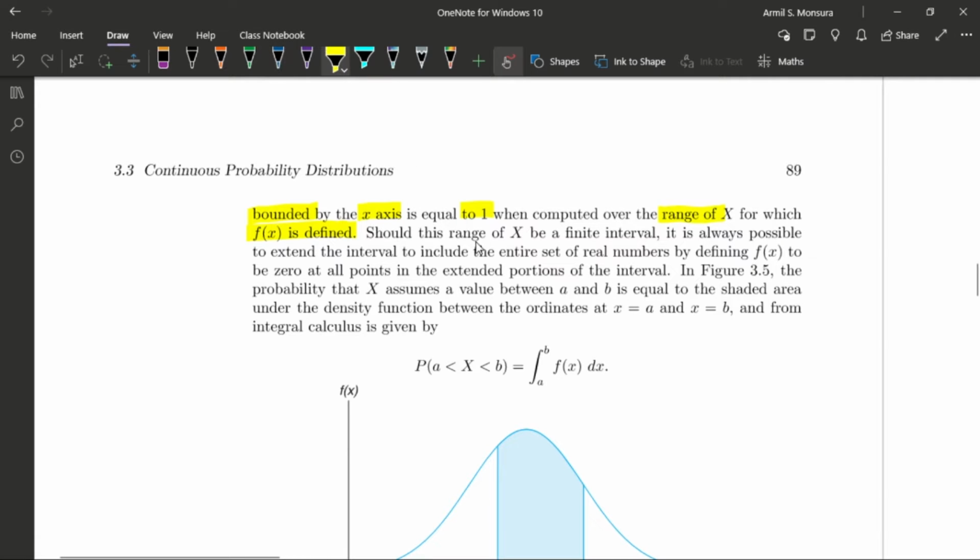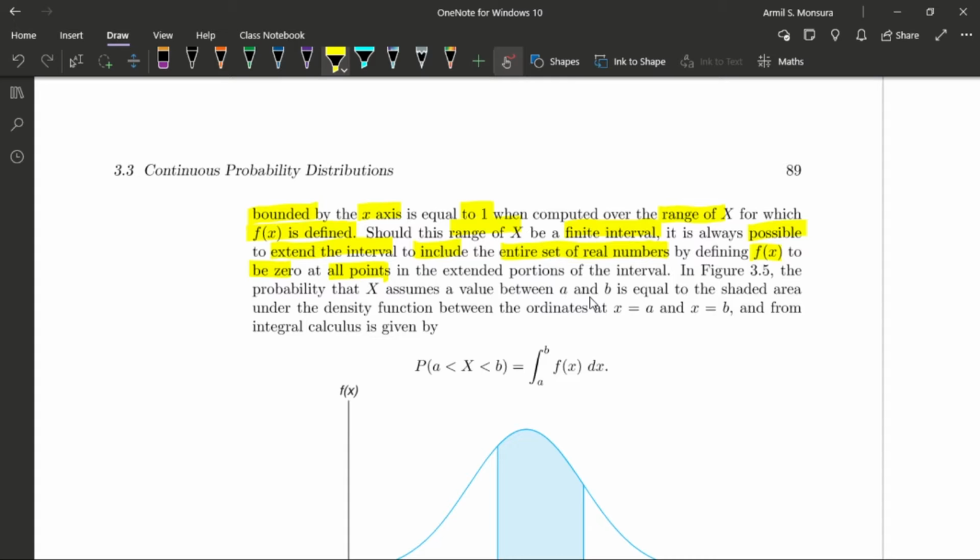Now, should this range of x be a finite interval? Say, for example, the interval of your x is not infinite, that is, it only has a certain interval for which x can assume a value. It is still possible to extend the interval to include the entire set of real numbers. And how do we do that? If we define f of x, the probability, to be 0 at all points that are outside your finite interval,